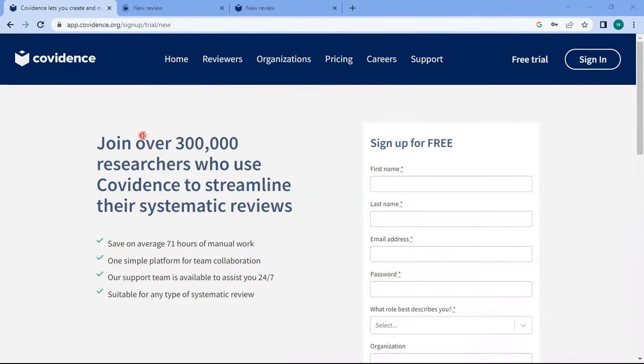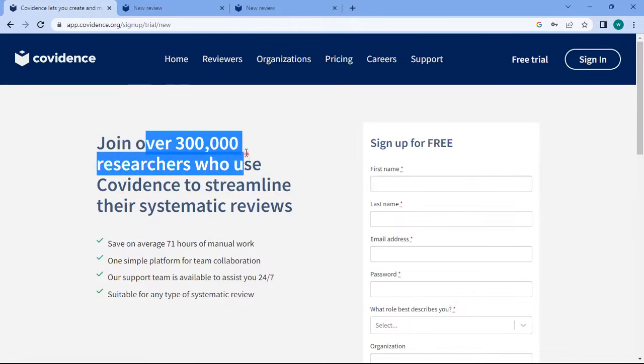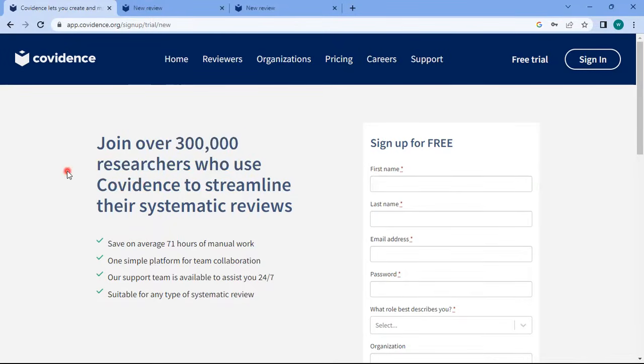So Covidence is a web-based tool that can be used for title and abstract screening, data extraction, and quality assessment. It allows you to perform these tasks conveniently, quickly, and very effectively. As you can see, it is used by over 300,000 researchers from all across the world. And yes, Covidence has a free trial version,